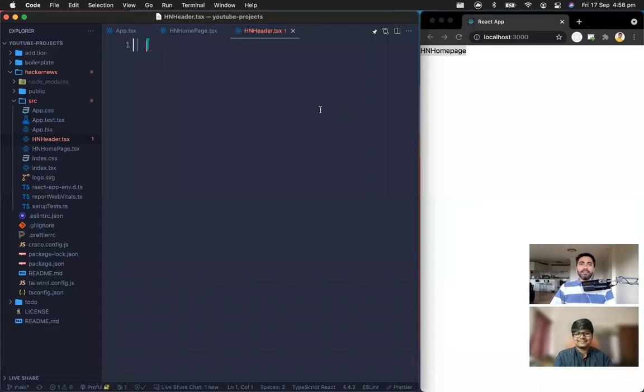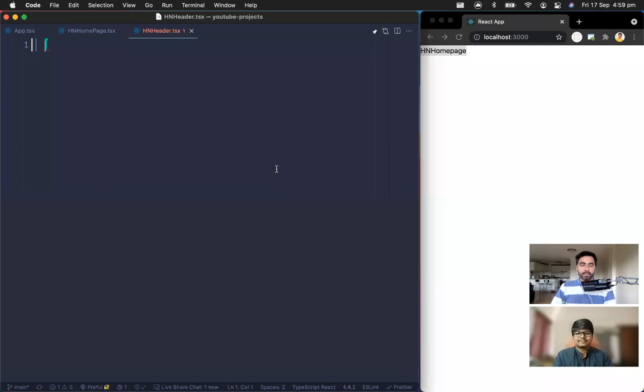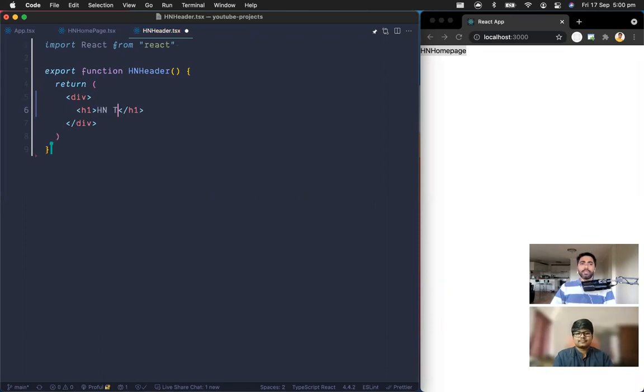Yeah, Kenny, HN header. Now we'll import this React component again. We're building the HN header component. Similarly, here we're exporting and creating the same component, HN header, and we'll start with a simple division tag. With that we can create one h1 tag where we can put something like HN top stories. And before we do some styling,